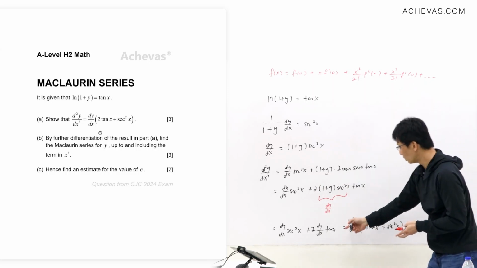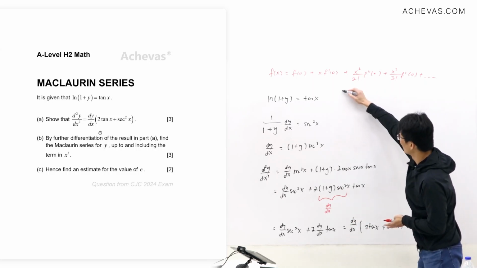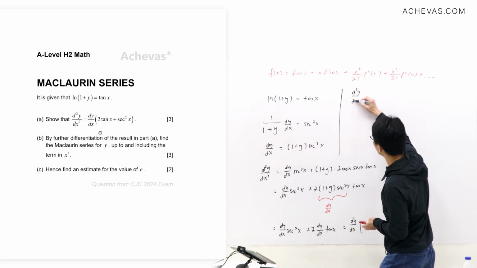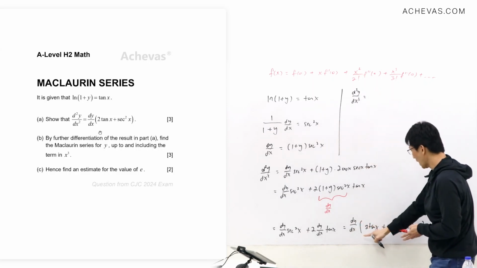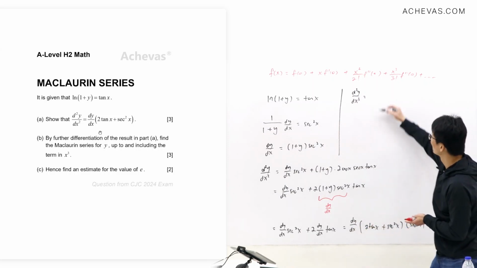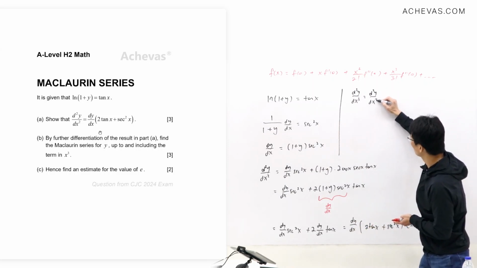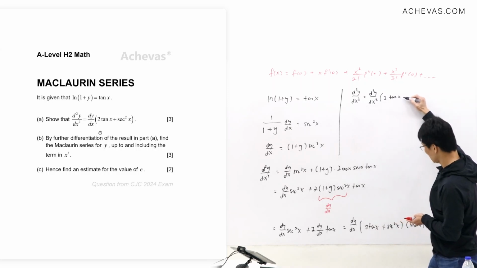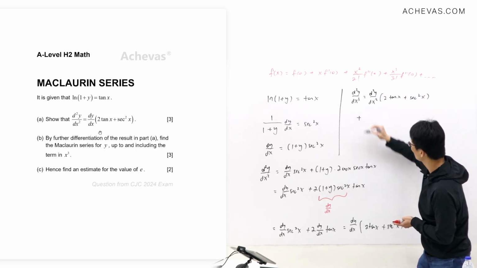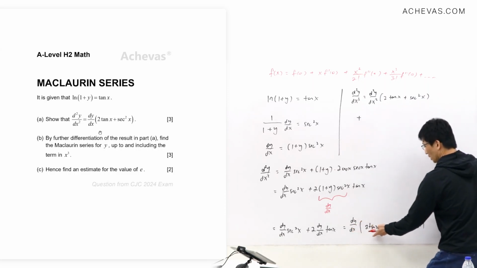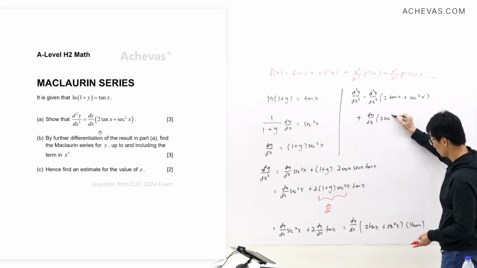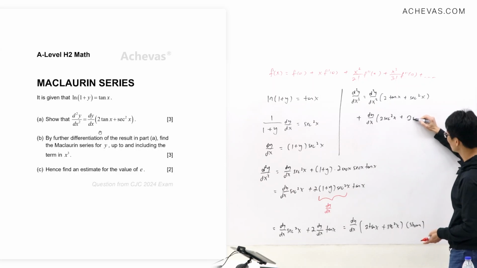So let's differentiate this one more time. So I will get, let me just write it down here. Differentiate this, I will get d³y/dx³. So here I have to make use of product differentiation. So maybe I'll just keep this first, differentiate this. So I get d²y/dx² (2 tan x + sec²x). It's pretty long, so maybe I can write in the next line plus. Now I will keep this, differentiate this. So dy/dx, differentiate this, I'll get 2 sec²x plus 2 sec x